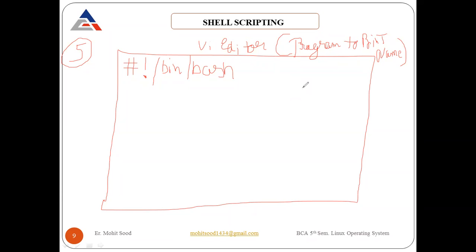So how do you write a program in the VI editor? This is basically a script in your VI editor. How do you print your name in the VI editor? I will tell you. This is a very important line. You have to write it before starting your program, before you write your script. And the second step here,